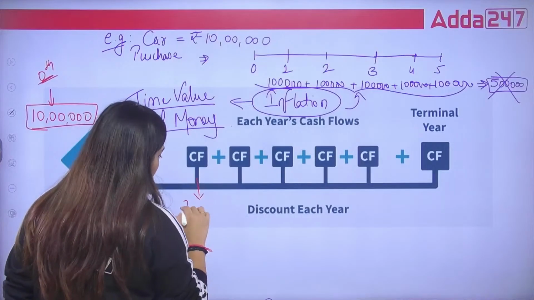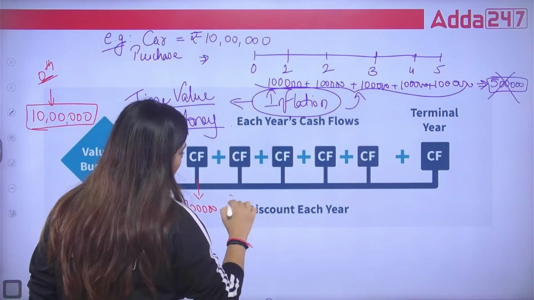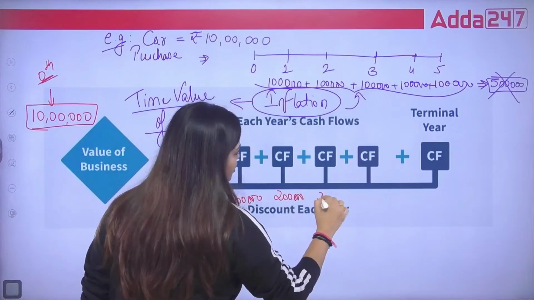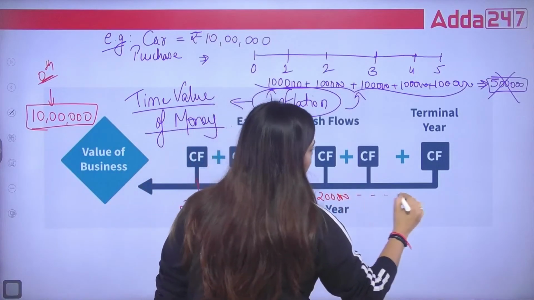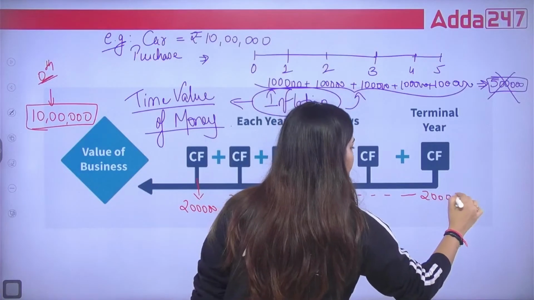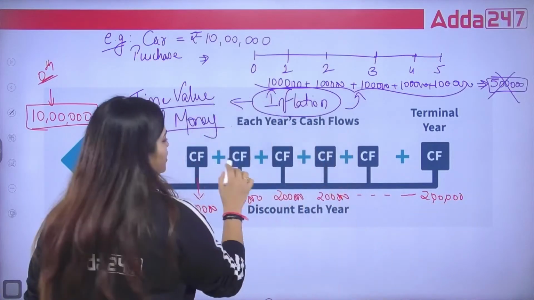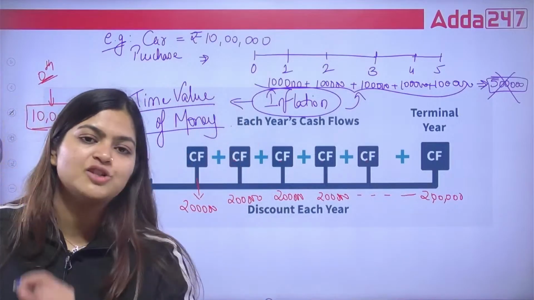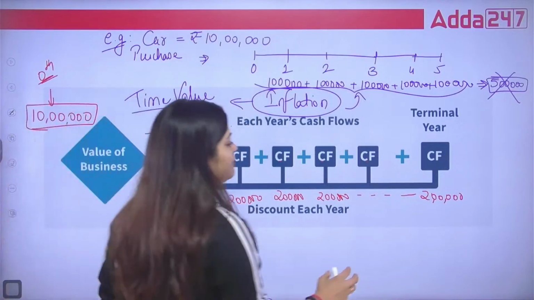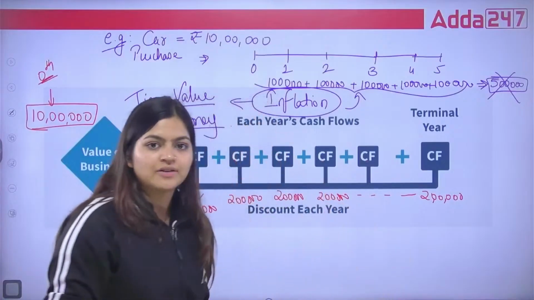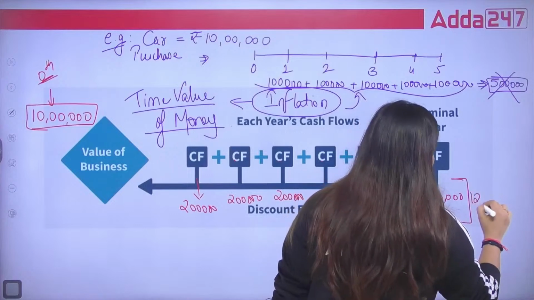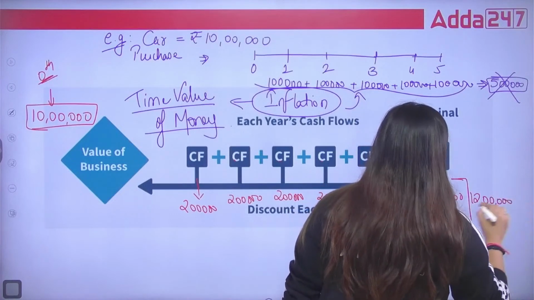Now, suppose 2 lakhs, 2 lakhs, 2 lakhs and 2 lakhs. Yes, so 1, 2, 3, 4, 5, 6. For 6 years, I am going to generate 2 lakhs per year. Means total I am going to generate 12 lakhs. Okay, if I ask you what will be my total income after 6 years, you will say 12 lakhs will